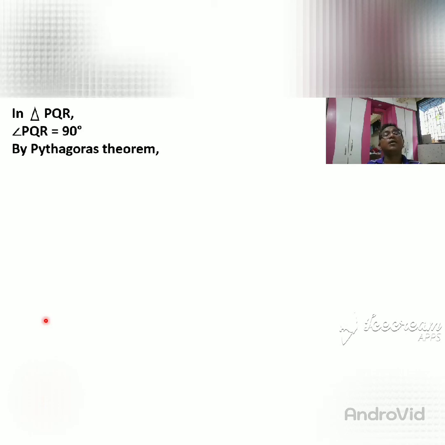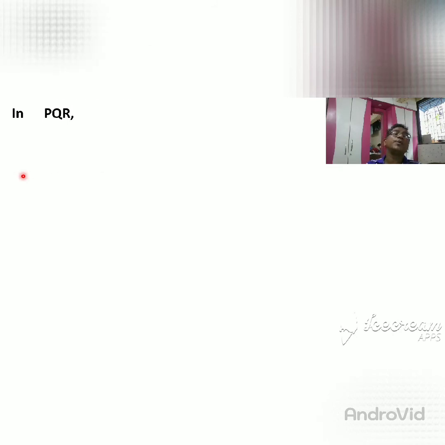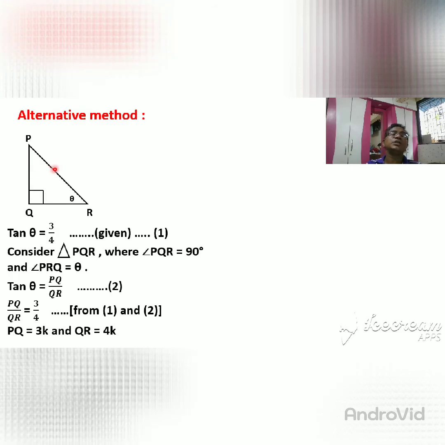Then here we can solve this by the PGT theorem. In triangle PQR, which is 90 degree, we use the Pythagoras theorem. PGT means Pythagoras theorem, that is the abbreviation. Some of the students don't understand, so I am going back and showing them again. See, this is the triangle PQR, in which Q is 90 degree, and PR is the hypotenuse. Pythagoras theorem says hypotenuse square is equal to the sum of the squares of the right angle sides.